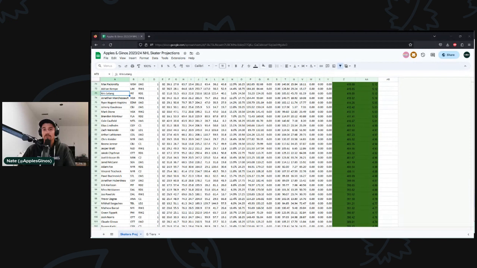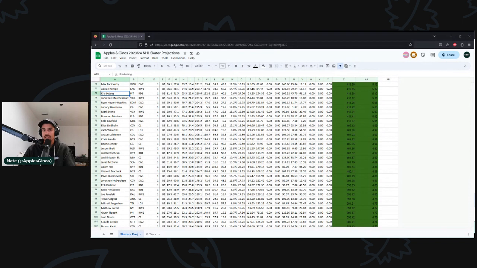Time on ice, at a minimum, must factor into any projections. If someone is not factoring in the time on ice and assigning some sort of value to the time on ice that they're expecting for that player, then I think that is a pretty big red flag, honestly, in my opinion, if there's no time on ice consideration whatsoever. So basically, if you have that visibility and you disagree with the base assumption of the time on ice, then you know for yourself whether you personally want to change that projection somewhat.